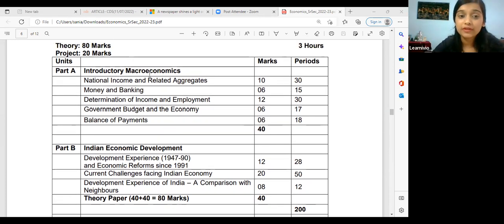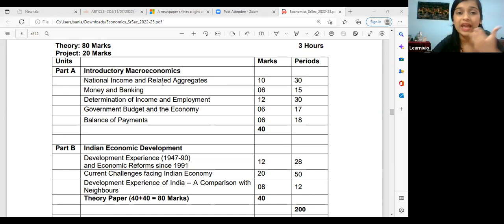So the very first book is Introduction to Macroeconomics. For this book, you need four points. First, your theory should be good. Your concept should be very much clear. You should be very good in numerical and you should be good in the diagrammatic part. Like you don't have to draw cats and dogs over here. You have to draw the graphs and the tables. So these four points you should be very good in so that you can score very well in macroeconomics.